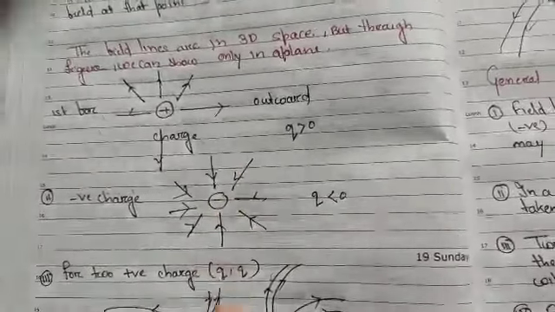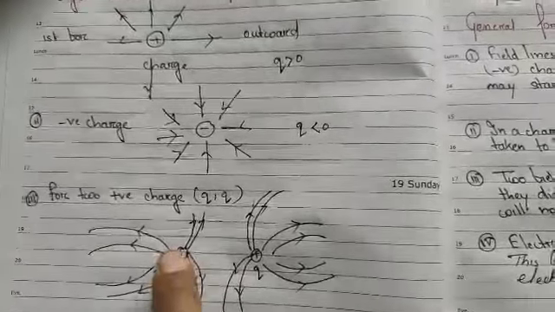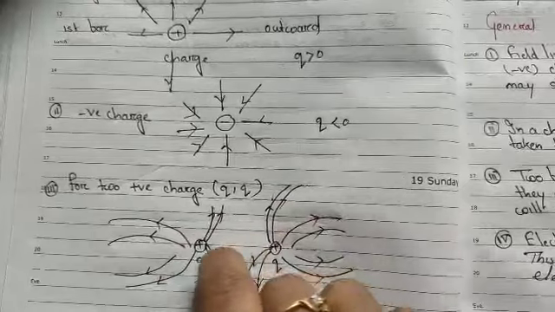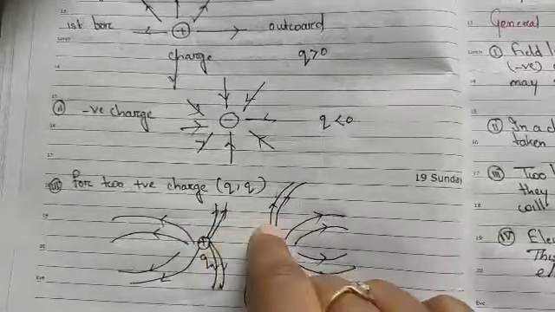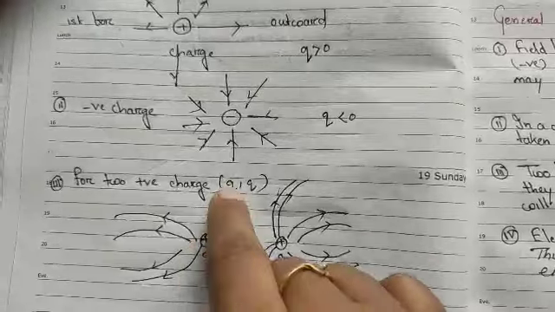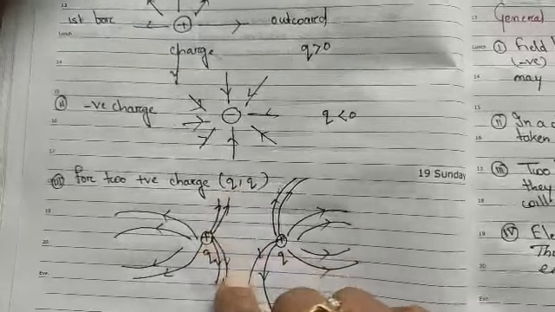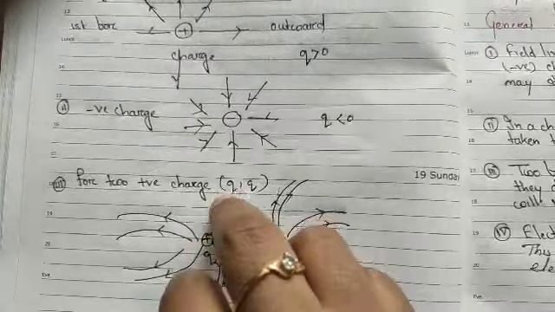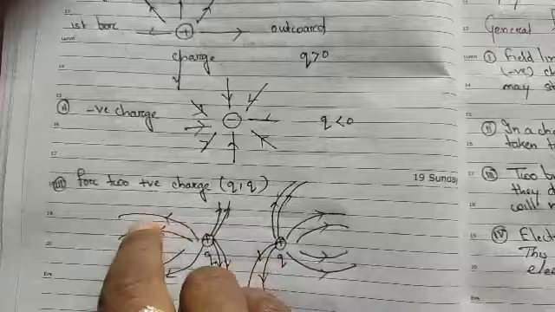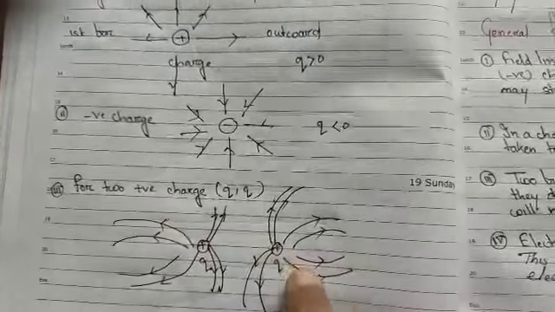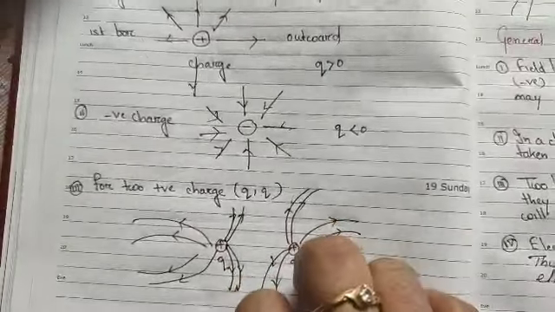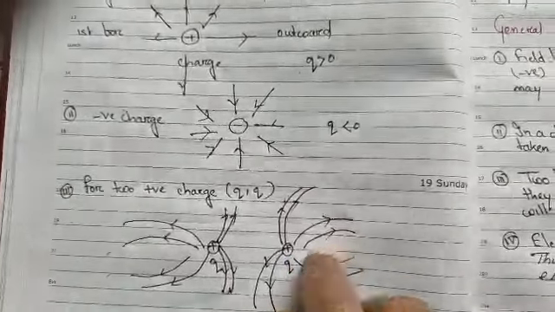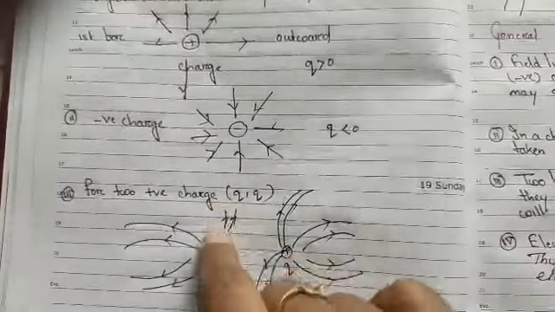Clear to you? Now the third point, students, you see, if I have considered two positive charges, what have I considered? The two positive charges. So if you are considering two positive charges, I have told you that the electric field line for positive charges is always in the outward direction. So here you see, the direction I have shown is outward, and this is also coming in the outward direction. Similarly, this is also a positive charge, students. It is showing the direction outward, and this is also showing the direction outward. Clear to you? So these two charges are positive.